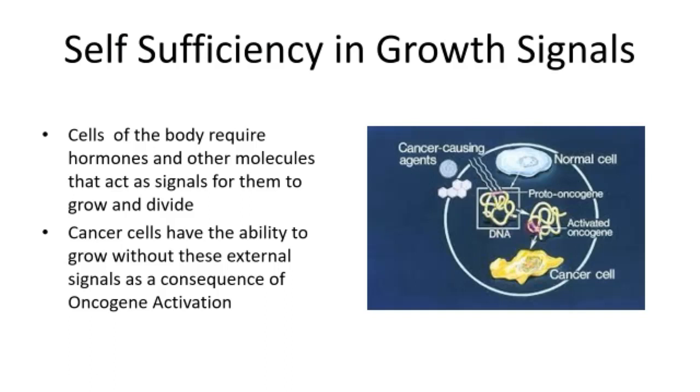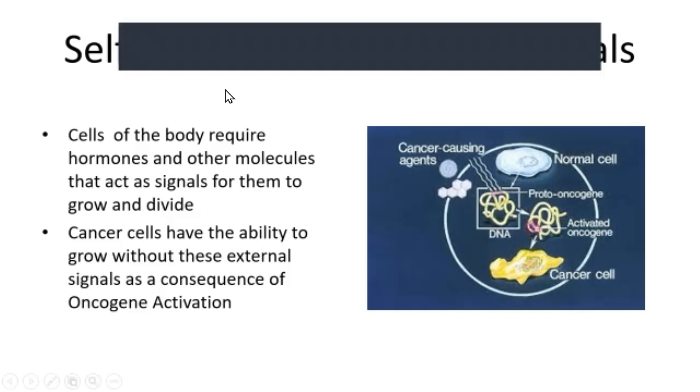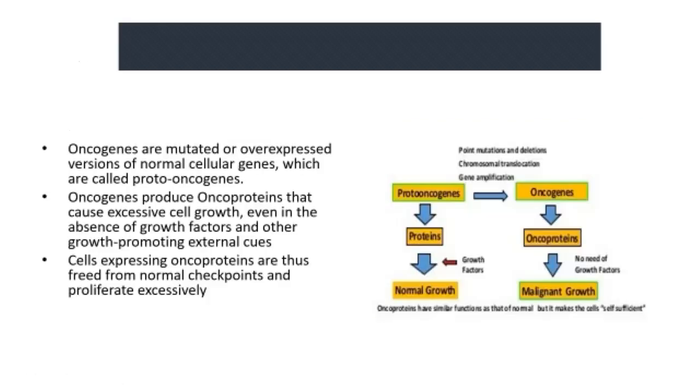In cancer cells, this constraint is removed. So the proto-oncogene transforms itself into an oncogene. There are three types of agents that do this: chemicals, viruses, and radiation. These transform a proto-oncogene into an activated oncogene. So the proto-oncogene is present in a normal cell, and the activated oncogene is present in a cancer cell. Now, what does this activated oncogene do is the subject of discussion.